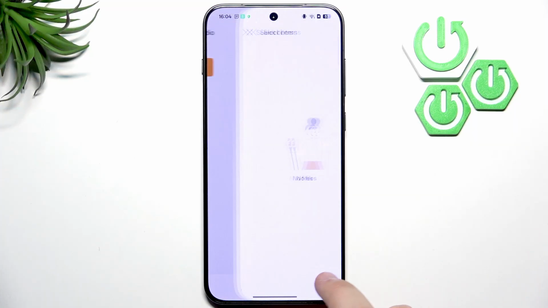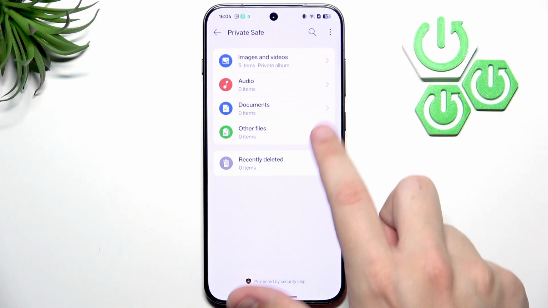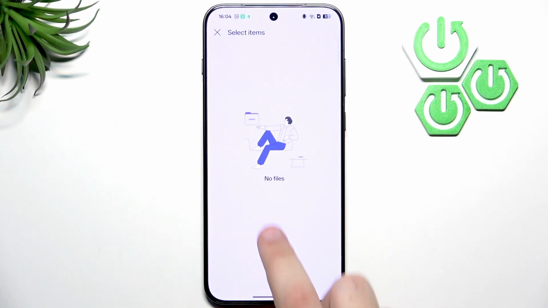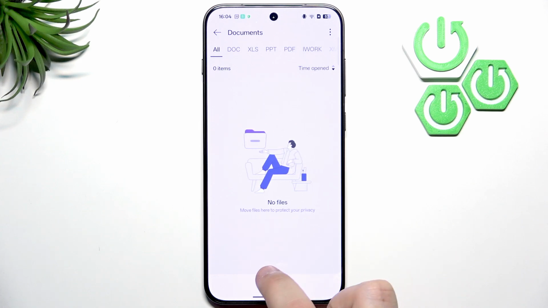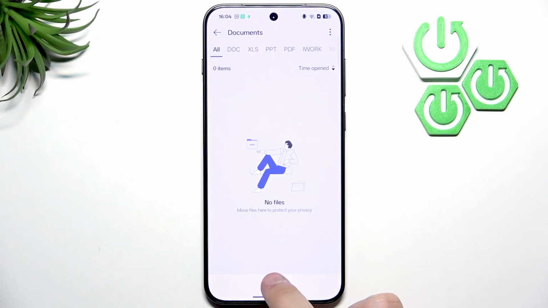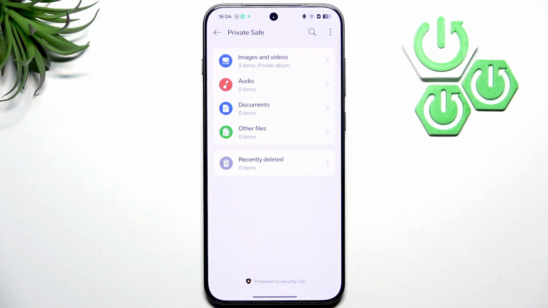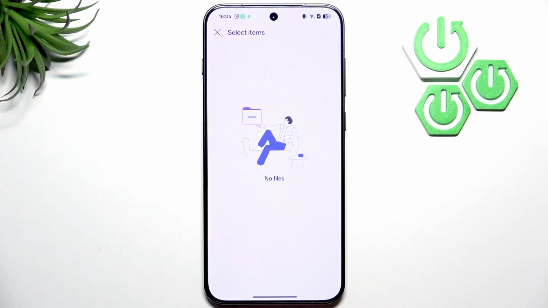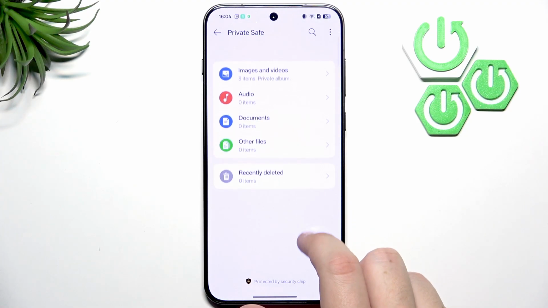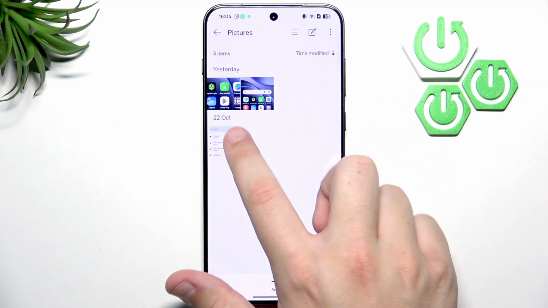For the audio, if you have something, then you will definitely be able to add it, but I don't. For the documents, you can just click on that and add a document that you have on your device. As you can see, I have no files in the private safe, and I also do not have any files not in the private safe, so on my phone. Now for other files, I also do not have it. The only file I have is some images, and as you can see, we can, let's say, delete this